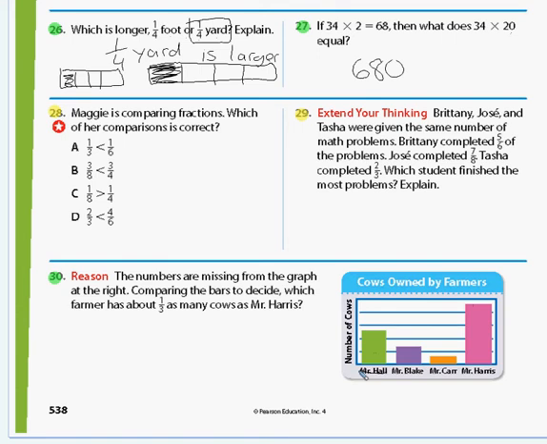We're trying to find a fraction that's 1/3 as many. So probably the best thing to do is try to separate Mr. Harris's into thirds, right there and right there. Those look like about 3 equal pieces. And Mr. Carr has quite a bit less than that. It looks like he has less than 1/4 the cows that he has. So this farmer right here looks like he has about the same amount as 1/3. So that's Mr. Blake, it looks like. So Mr. Blake has